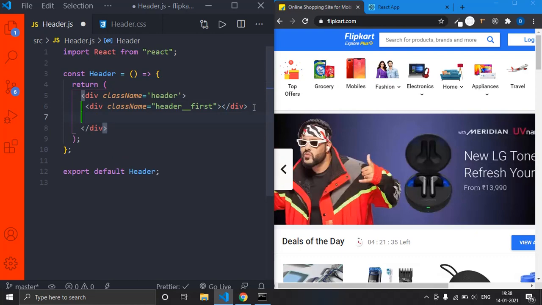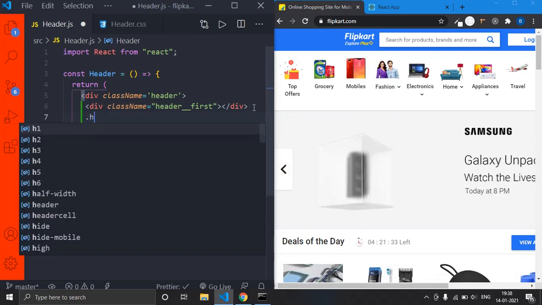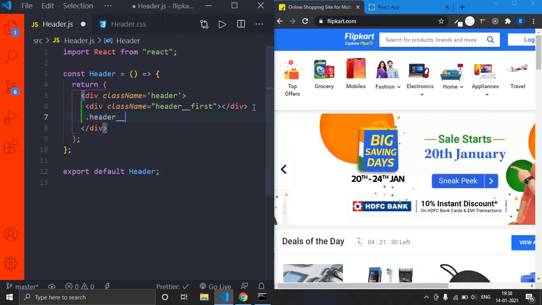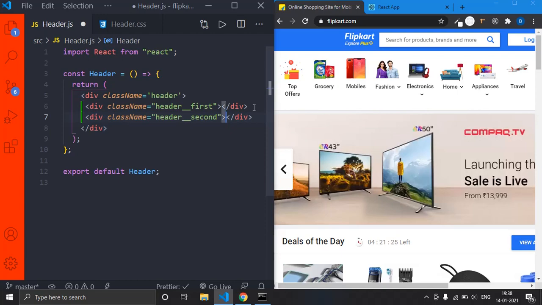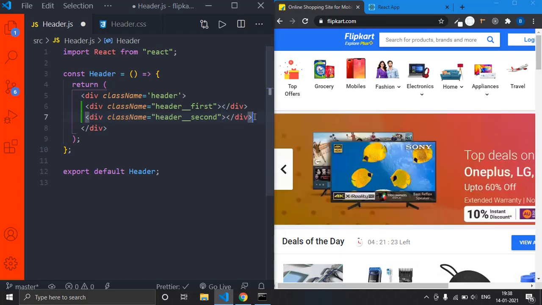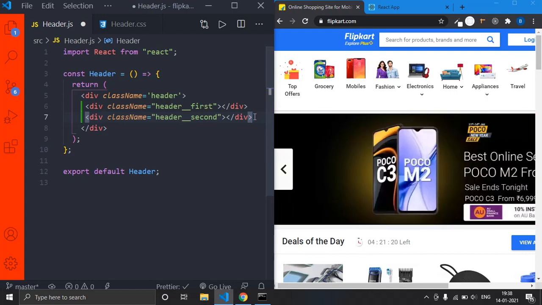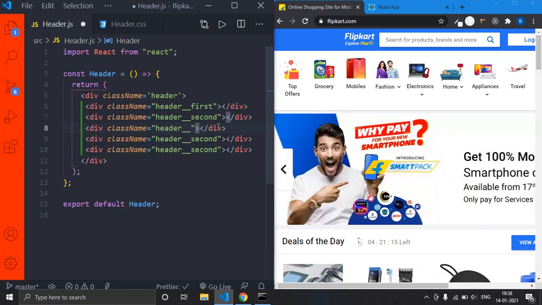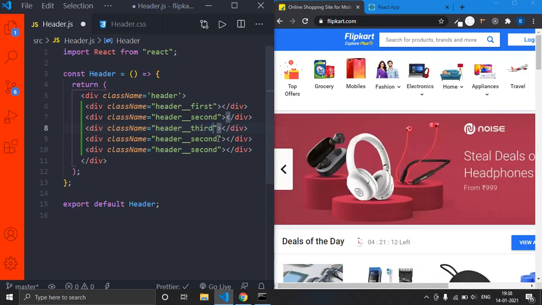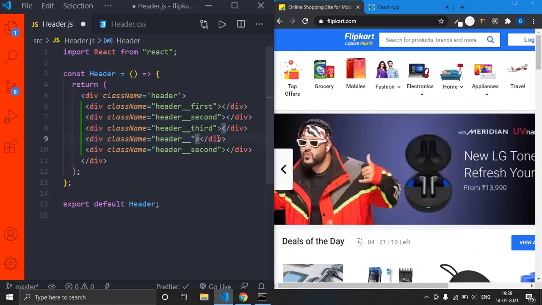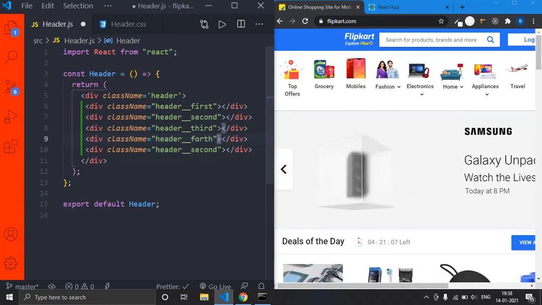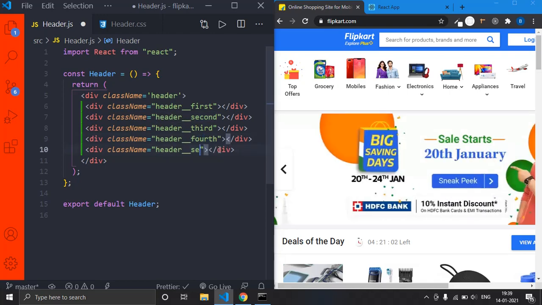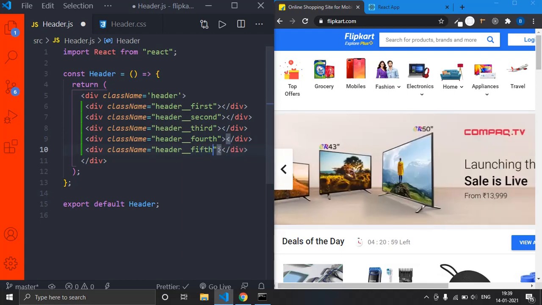This is the shortcut for making a div with a class name you want to give. In order to do that, just press a dot and type in the class name you want to give, and this is the second, right? So I'll just type in second and just press tab. It will create a div tag with the given class name. So like that we require 5 divs, right? So I'll just copy paste this 3 more times, and quickly name these divs. This is the third div, and this is the fourth, right? So fourth, and this is the last one, right? So I'll just type in fifth, right?